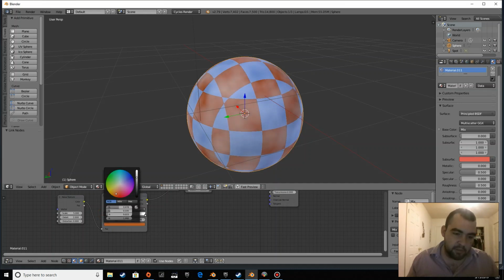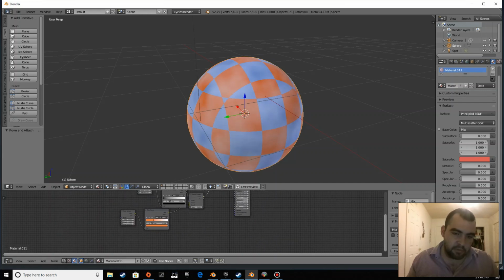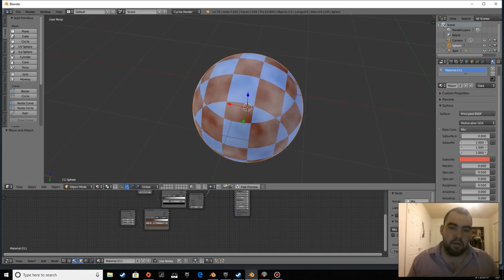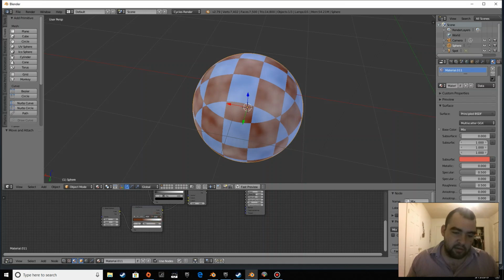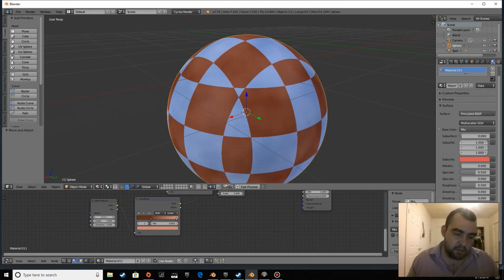This one's supposed to be white. Sorry. Or am I wrong? No, this one's supposed to be red. I'm wrong. This one's supposed to be red, and there we go. And the white is supposed to be a little bit more red-ish. There we go. And then for the red, I'm going to do 30